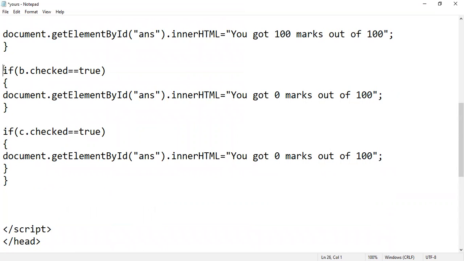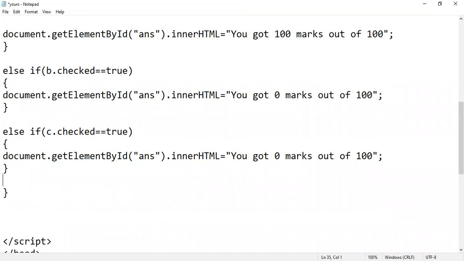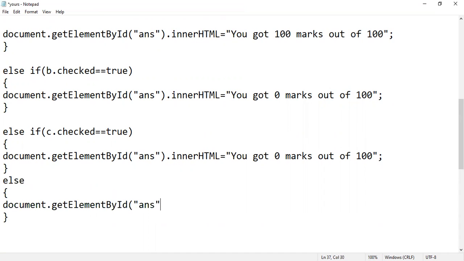And we use the same answer and use your else if. Use your else if, because whenever we need to use multiple conditions, we need else if here. And at the last, we use else. Start here and write document.getElementById, and use ANS.innerHTML